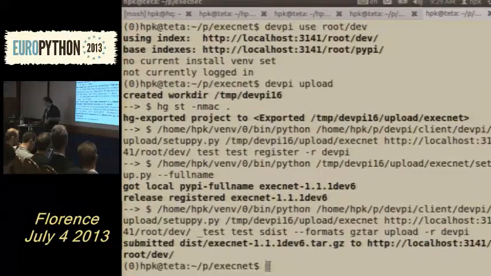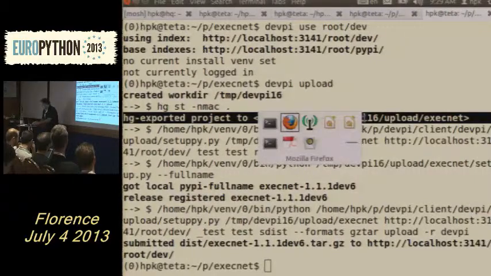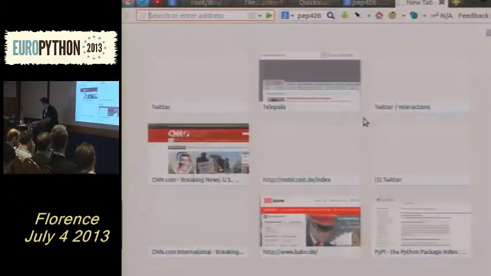In this case, it also does an extra step because it knows how to export a Mercurial repository. So it puts it into a clean directory where you don't have any kind of residuals and performs the upload from there. So you don't have accidental files on there. And then if you go to the index,